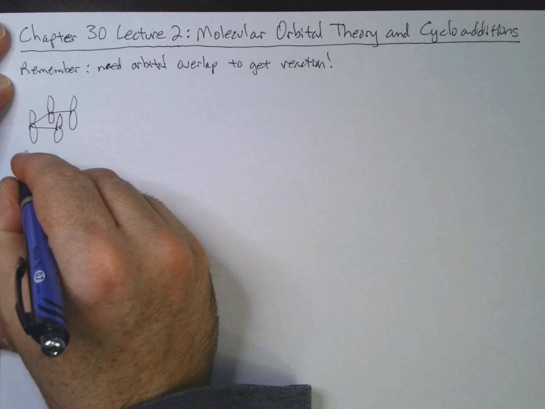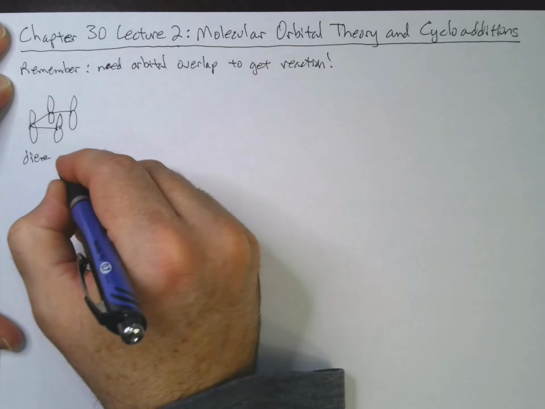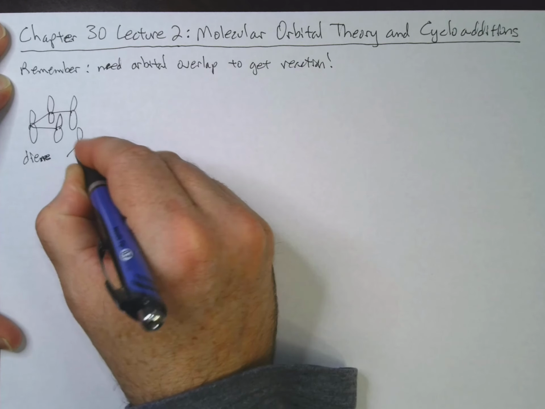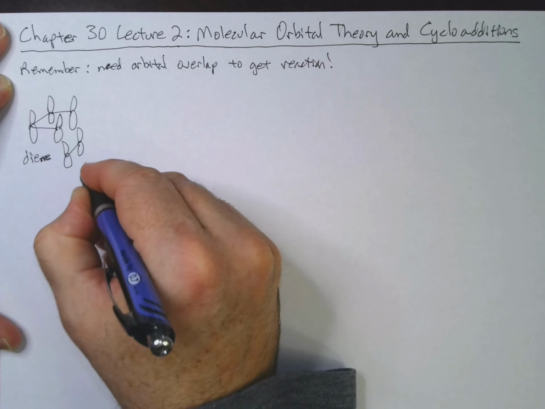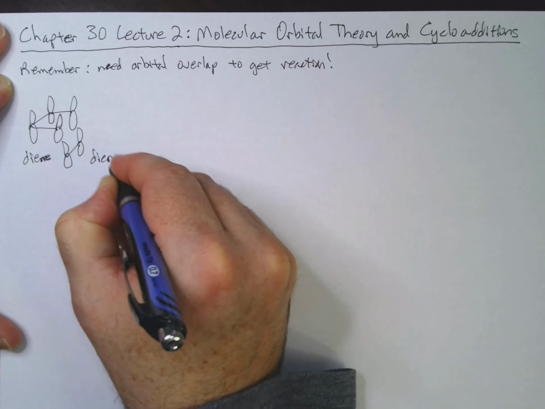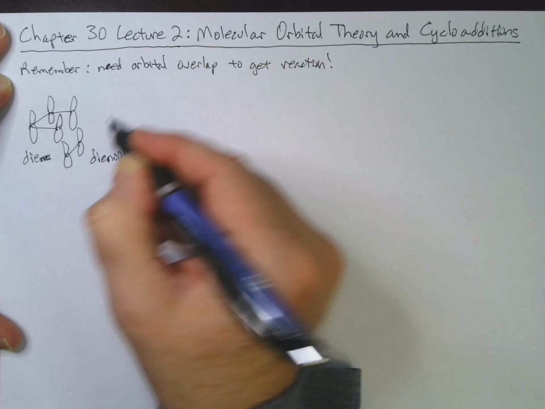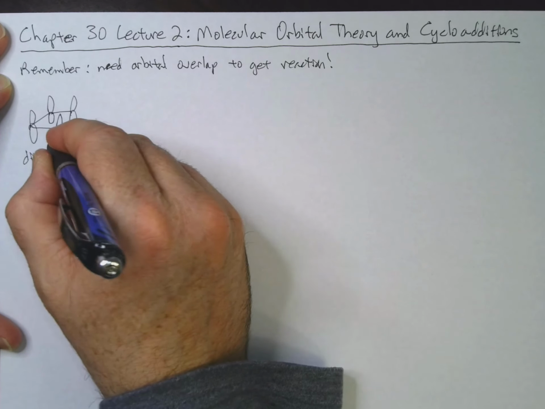So if we have our diene, and then we have our dienophile, we need to get